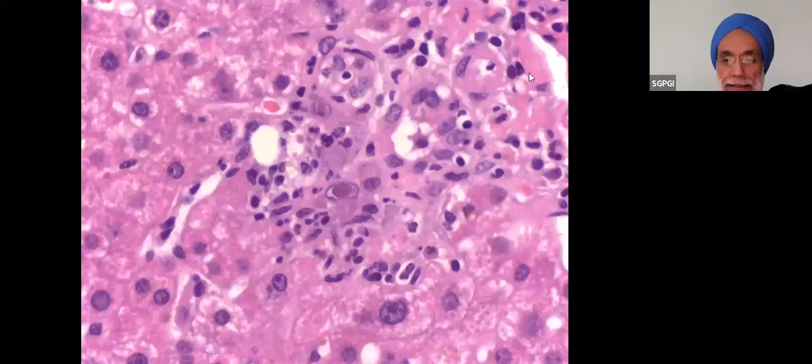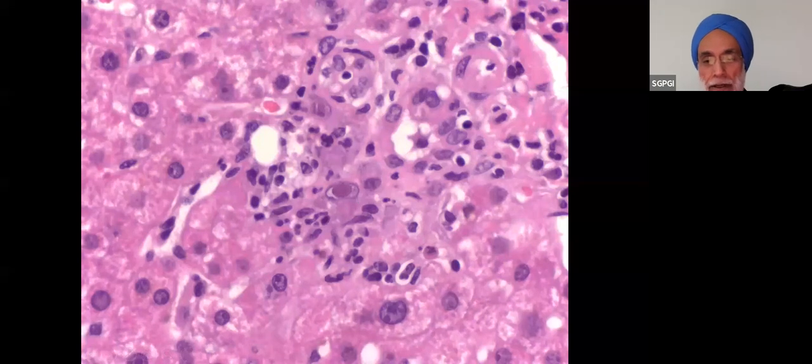CMV is no longer seen very commonly, but you don't want to be the person who misses it. And so here is a bile duct. Probably, I can't even actually tell you what cell is infected. It might be a ductal epithelium, might be a macrophage, might be a hepatocyte. You can't say once there's so much cytomegaly, and there's the halo, and there will tend to be a few neutrophils. So in olden days, whenever there was a cluster of neutrophils in the lobule, we would stain for CMV